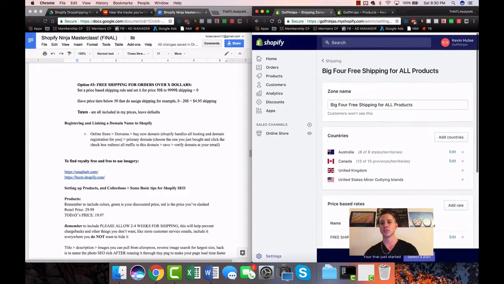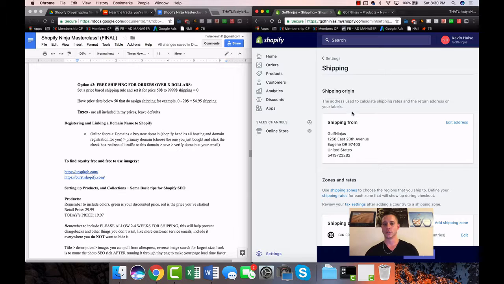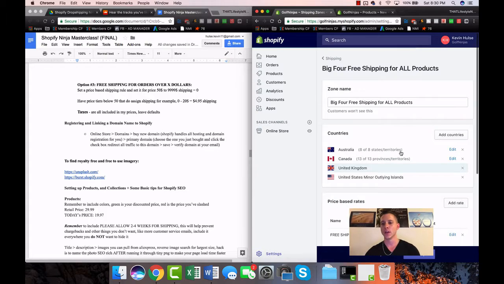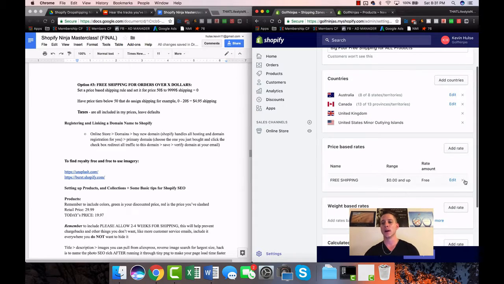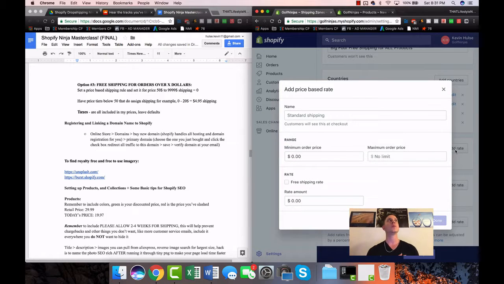But again, if we weren't doing it this way, we would just come in here and go to shipping zone, add shipping zone. Since I already added the 4 countries, I'm not going to do it again just because there's no reason to. And so once you add these 4 countries, this will be blank, and we're now going to do a price-based rate. So if we want people to only have free shipping if they spend $50 or more on our website, then what we would do here is free shipping, on $50